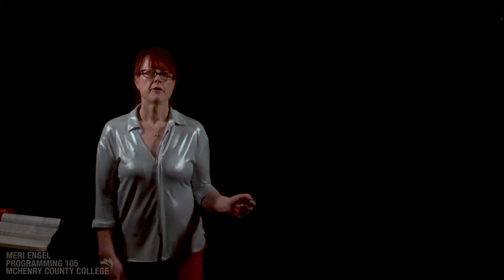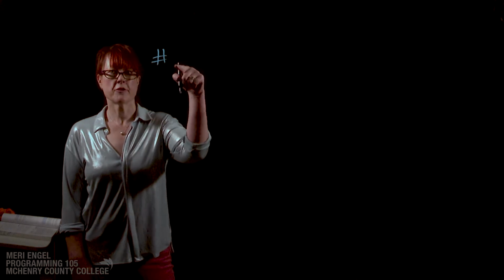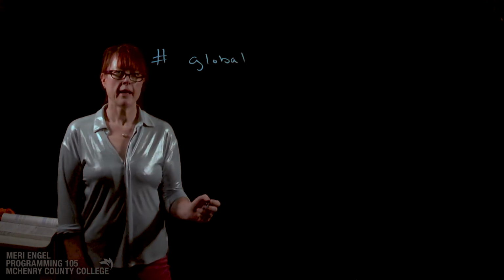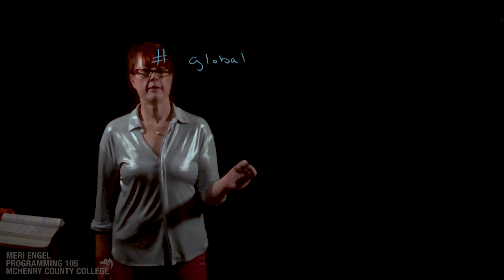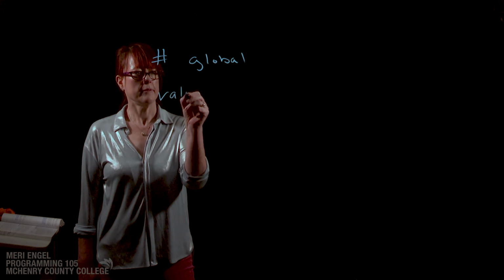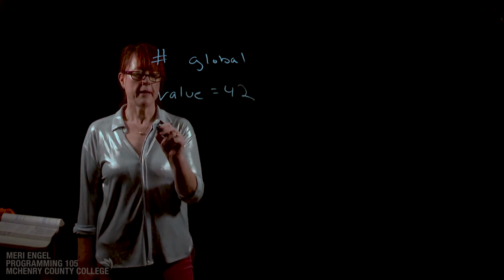You can make global variables that can be seen by the entire program. Typically, you do that before the main method. So let's take a look at it. If we were going to do this, and this is just a comment, we would have something like value equals 42. And then in main,